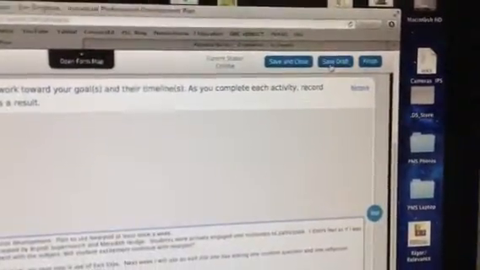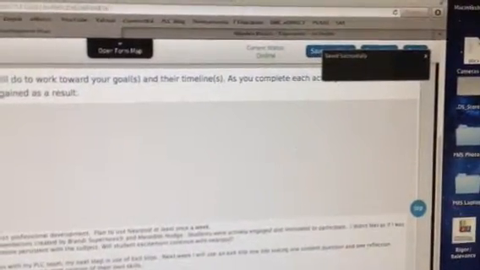When you get down to this part here, you want to save a draft. Up here you'll click on Save Draft. Okay, and then you can also save and close. But before I do that,